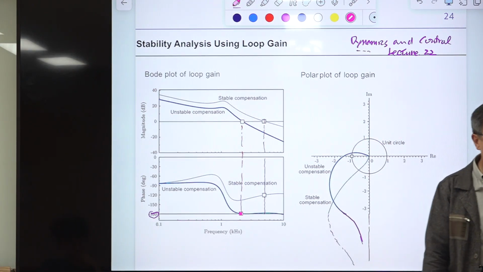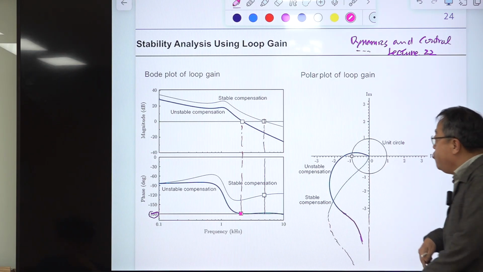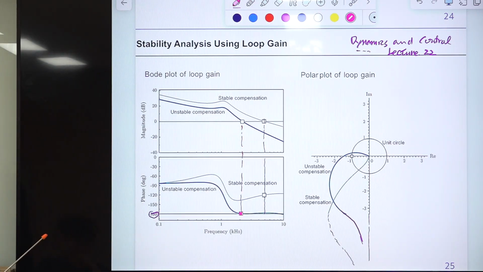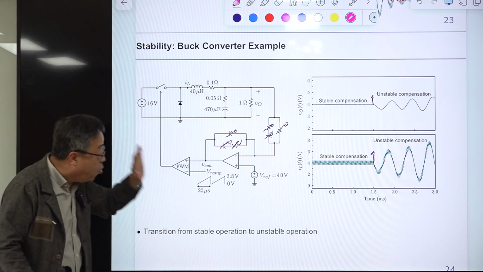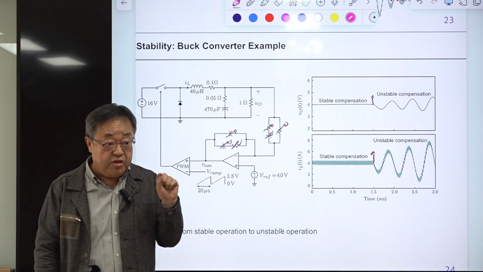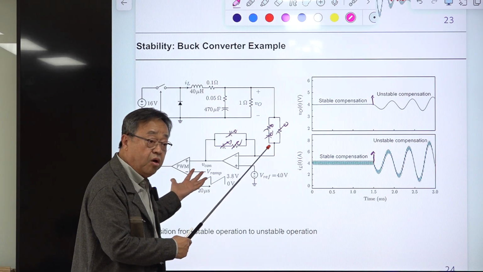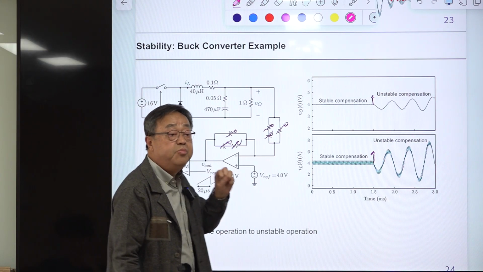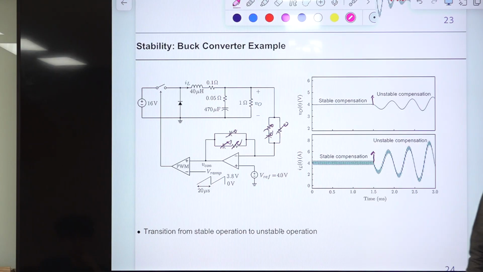But what is new here? This is not new for classical control theory, but we are applying it to a nonlinear PWM converter. Theoretically, it is impossible to apply that theory here. That theory is only valid for time-invariant systems, but we are applying it to the time-varying nonlinear PWM converter. Why is that? Because we have the small signal model. Because of the presence of the small signal model, this is possible. Without the small signal model, there is no theoretical background for this.